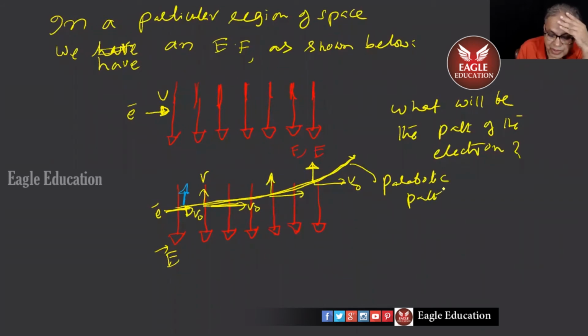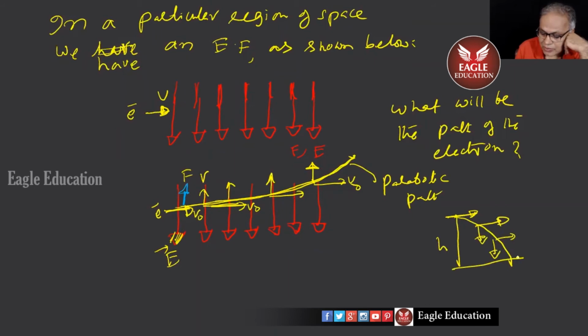This you understood by looking at the direction of force on the electron, isn't it so? E will apply on the electron a force which is opposite to itself. The direction of E is this way, and the force every time keeps acting that way. It is something like this: if I stand at a height h and throw a body here, it goes like this. This velocity remains the same, but it keeps getting a velocity downwards. So the stone falls in a parabolic path. It is similar to that.